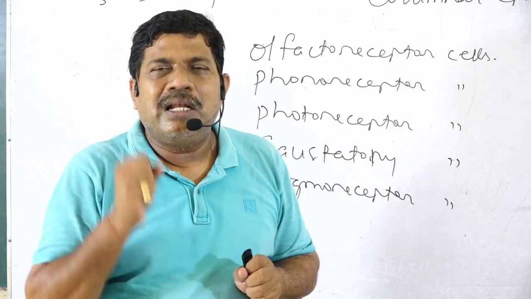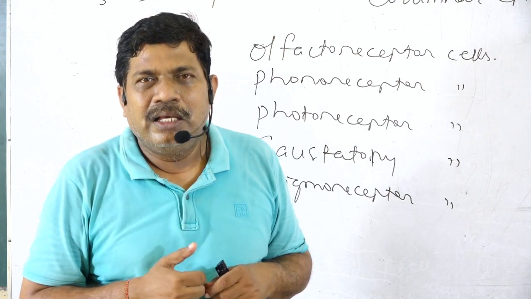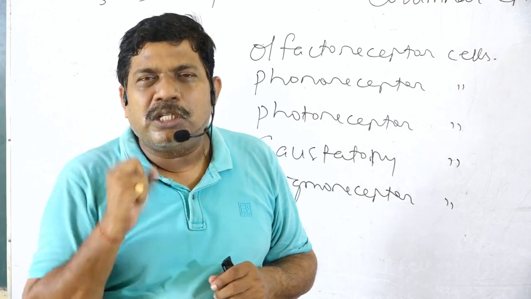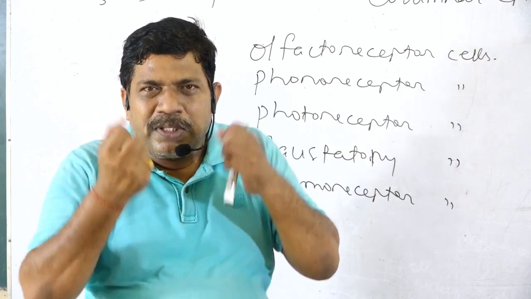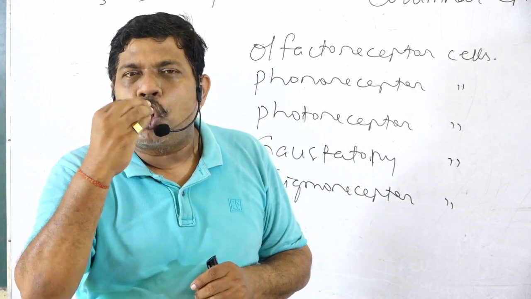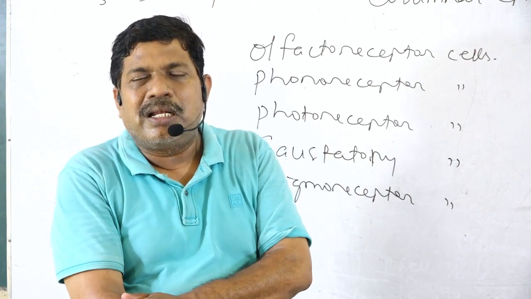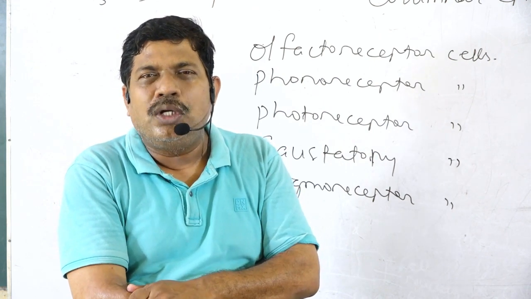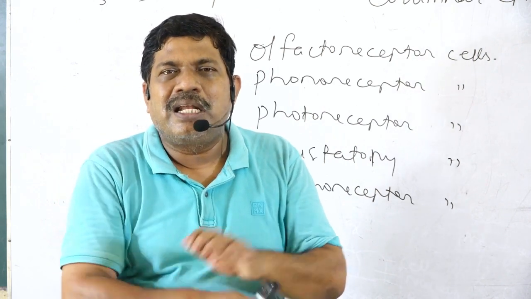Photoreceptor cells, present in the eye, are meant to pick up light. The phonoreceptor cells, present in the ear, respond to sound. The olfactory receptor cells pick up the stimulus that is smell. The gustatory receptor cells present on the tongue pick up the stimulus like taste. The thigmoreceptor cells present in the skin pick up stimuli like heat and cold. Thermoreceptor cells, and other receptor cells, like that.